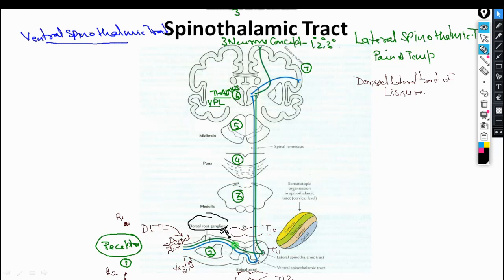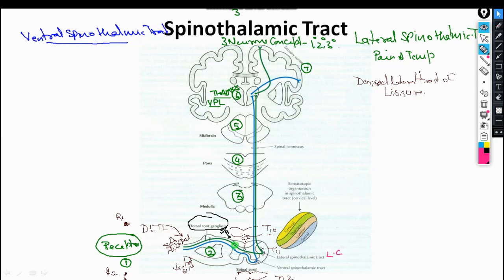So I'm going to label it with a different color. This CC, central canal, you can see. This passes exactly in the front and to the other side of this spinal cord in the white matter. So it passes from this gray matter and reaches to the other side in the white matter. And in the white matter here, this we see, this is the lateral column. So I am writing in short LC, lateral column.